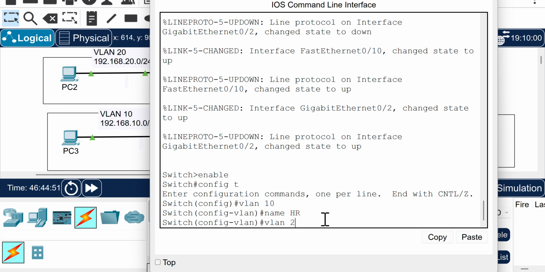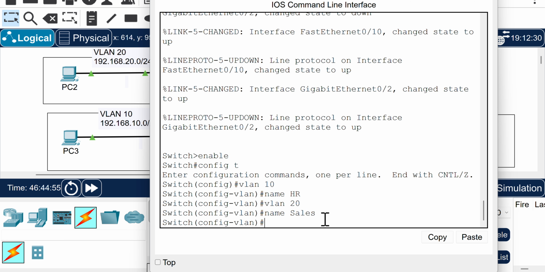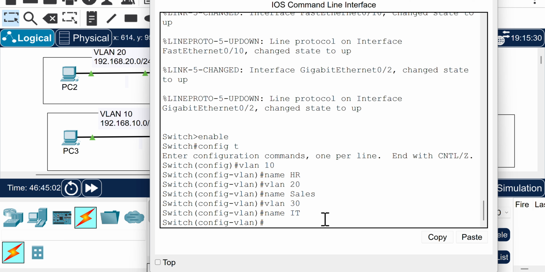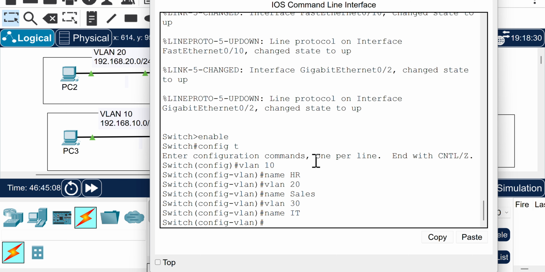We also got to create VLAN 20. We're going to give it a name. We're going to call it Sales. We also got to make VLAN 30. We're going to give it a name. We're going to name it IT. Why not, right? So now that we have created our VLANs, we have to assign switch ports to these VLANs